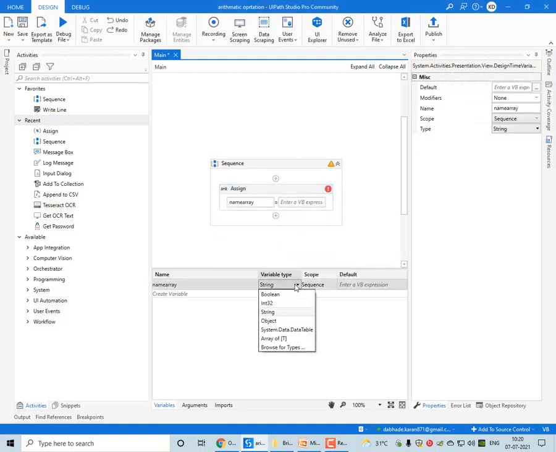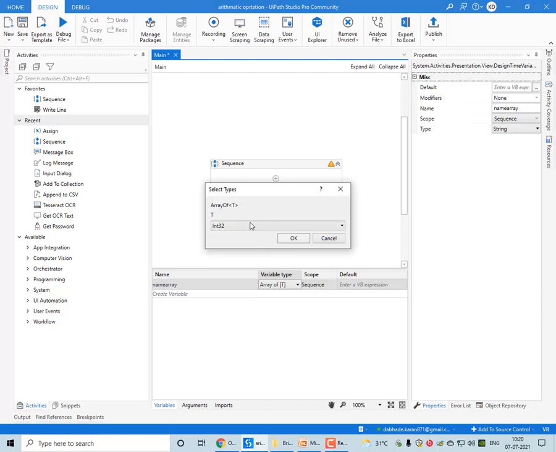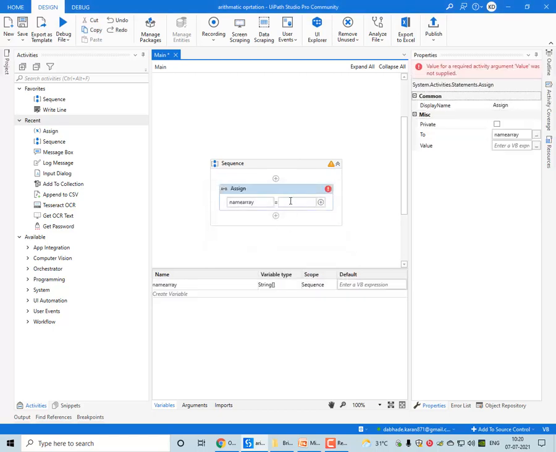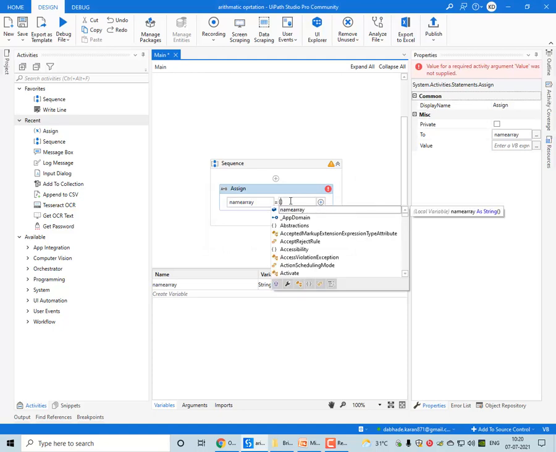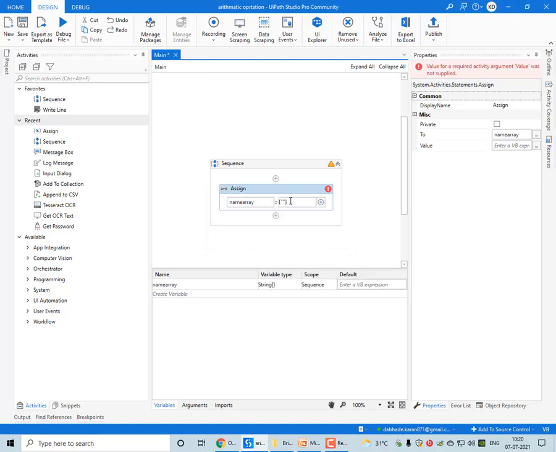Here in type I should select array and here of string. Now I will populate the array with three values, for example. So first is, for example, Rakesh, Manoj,